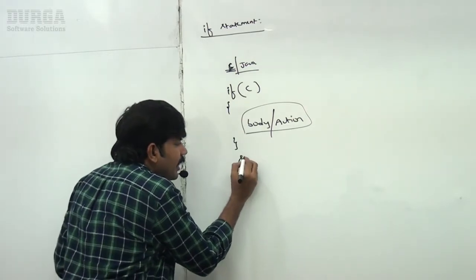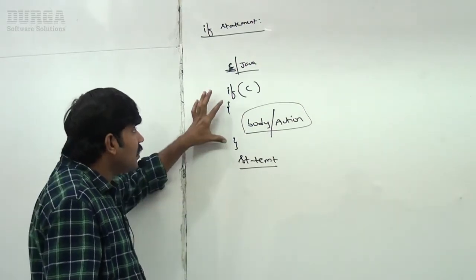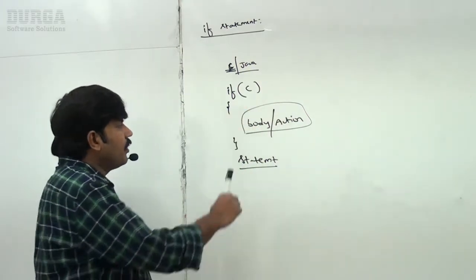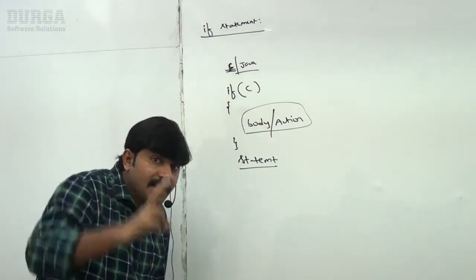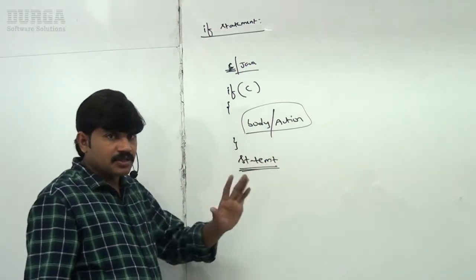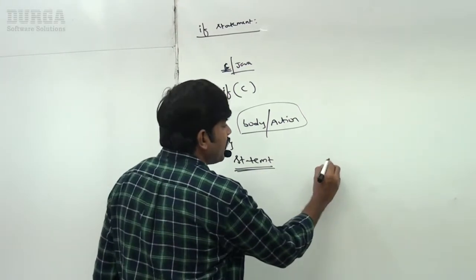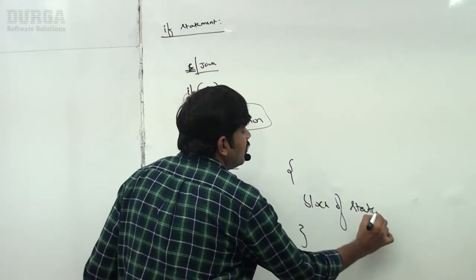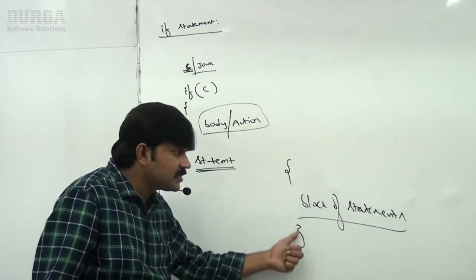Now, if I take any statement outside the curly braces, it is not under the if block. Correct or not? How can you decide, sir, that this is within the if block? By using curly braces, we define the if block. If you take any statement outside of the if block, it is considered a normal statement. So by using curly braces, you can define a block of statements. This is our style in other languages like C, C++, Java.